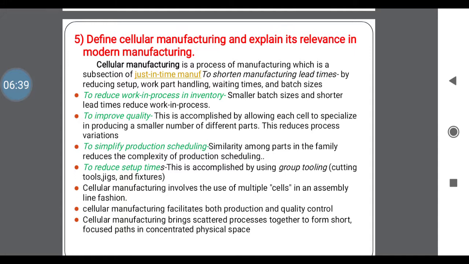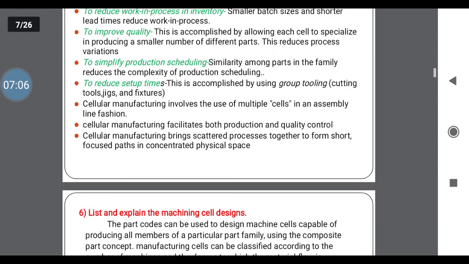Next, it also consists of multiple cells. Cells means a group of assembly machines. By this the production rate will increase. It also increases the high quality product in less time and also produces physical safety and quick awareness, or is easy to handle for labors. That is some application or importance in modern manufacturing. Why we need cellular manufacturing in modern technology.